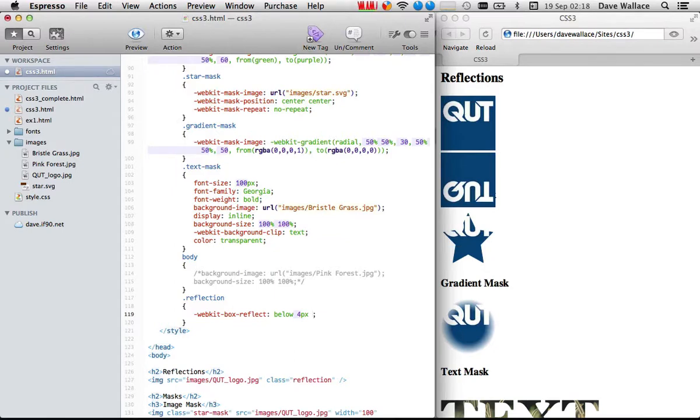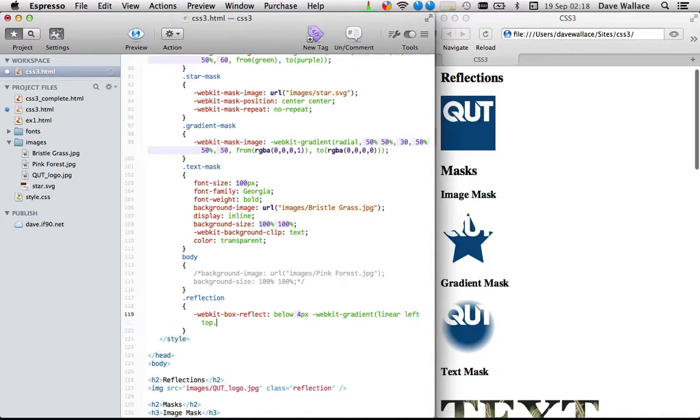For example, we can apply a gradient, WebKit gradient. We'll go linear from left top to left bottom, from transparent to